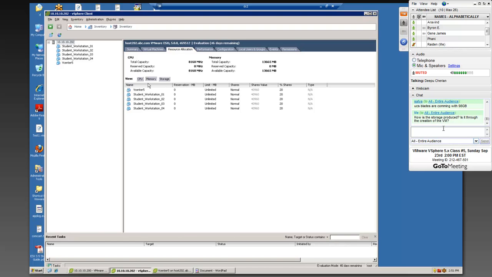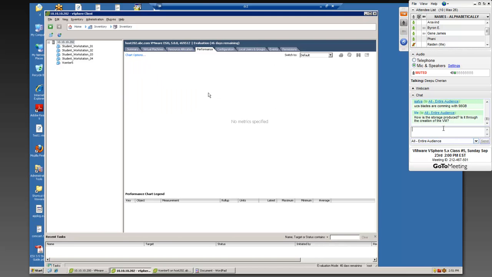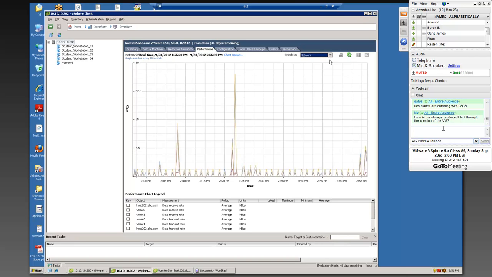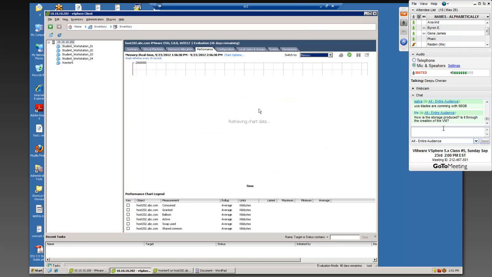So when you build a server, take a look at all these things and see what is happening. This will give you a general purpose overview. There is nothing that can be configured here. This will give you some real-time statistics. Performance in an ESX server will actually give you information about memory,